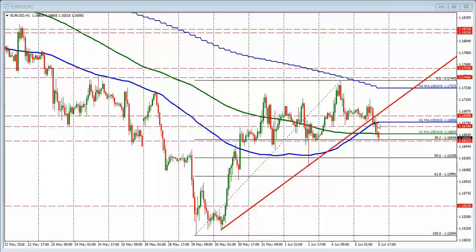Now we are below the 100-hour moving average, and we have stayed below that level in the New York session. We've also moved below the 200-hour moving average, which comes in at 1.1663. We'll be watching that 63 level now as a ceiling for the euro versus US dollar. If it goes below the 38.2%, below this 52 level right through here, that would open the door for